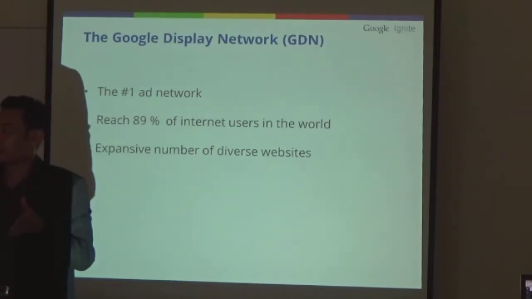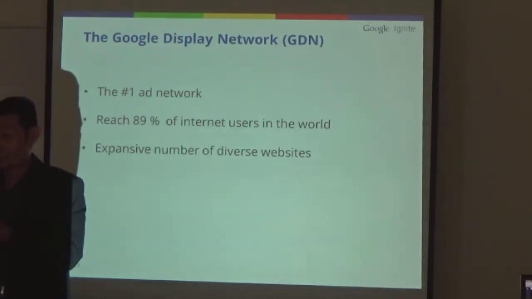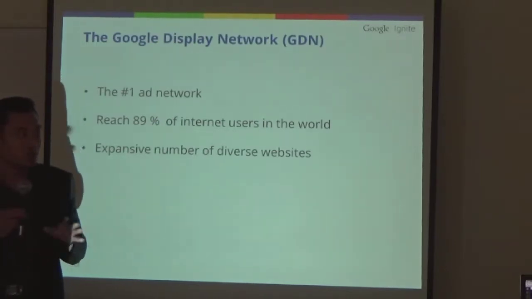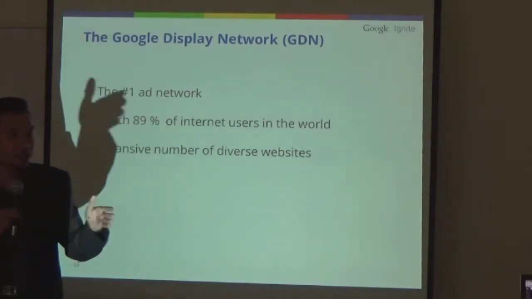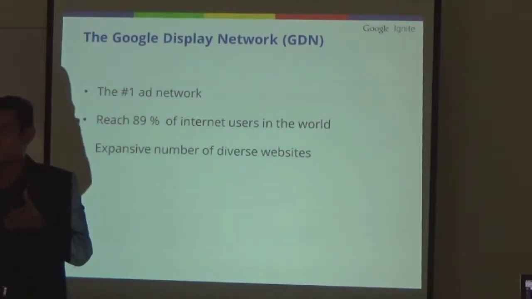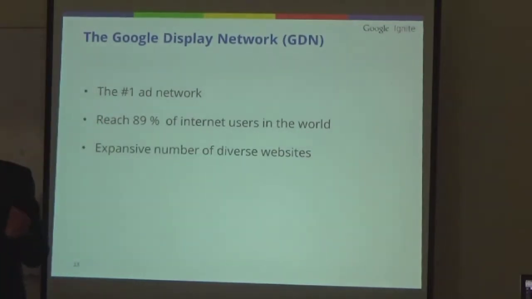Right, number one, GDN, Google Display Network. This is the number one ad network in the world today. Having said that, 89% of internet users use this particular network, for advertisers per se. One of the reasons is that it has an expansive number of diverse websites. GDN allows you not only to put advertisements on big websites that have a lot of traction, but also on smaller sites, through Google AdSense, whereby it allows